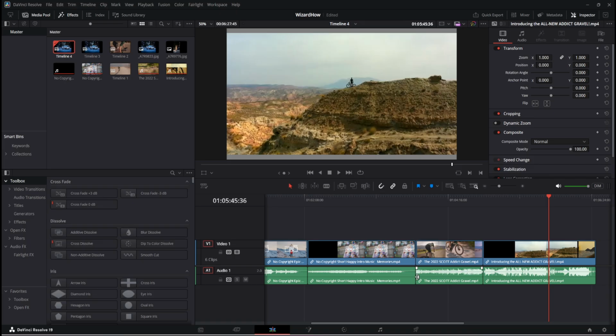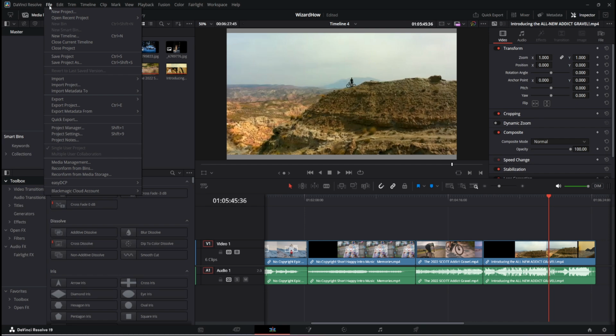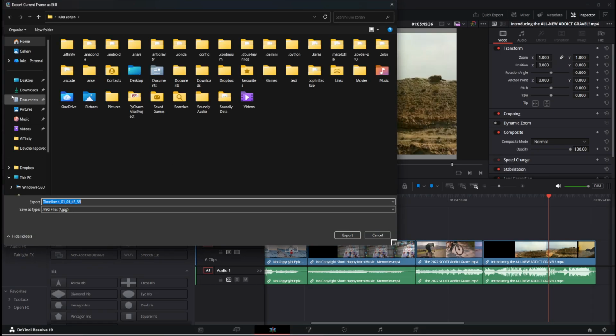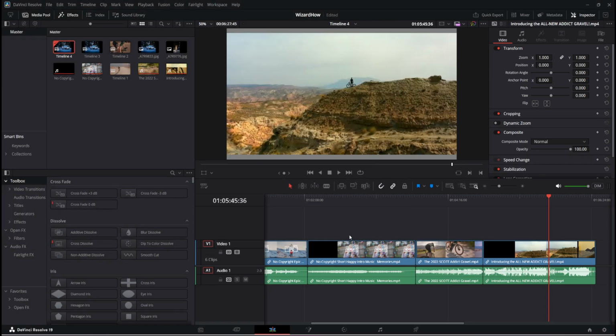is that you grab a single frame for a thumbnail or reference while staying on the edit or color page. Position the playhead over the exact frame you want to export. Then go here at the top left to the file and then click export. Current frame as still. Let's select this one here, export,